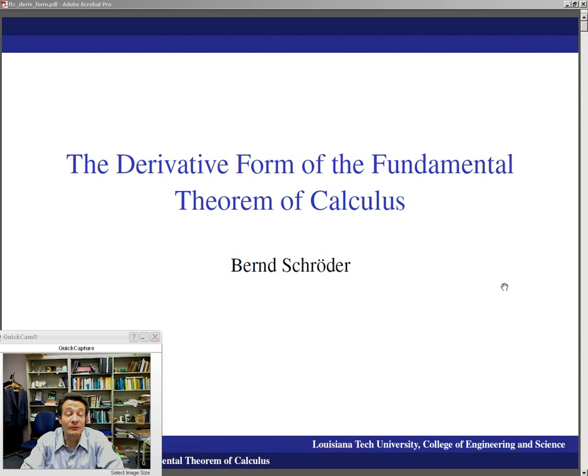The derivative form of the fundamental theorem of calculus is a fairly easy topic. This is going to be a fast presentation. Basically, we have to remember one formula, one concept, which can't be that bad, but let me warn you, this is easily forgotten because for most of calculus, we're not going to use the fundamental theorem of calculus in this form, because in some ways, it's even going to feel a little bit backwards,